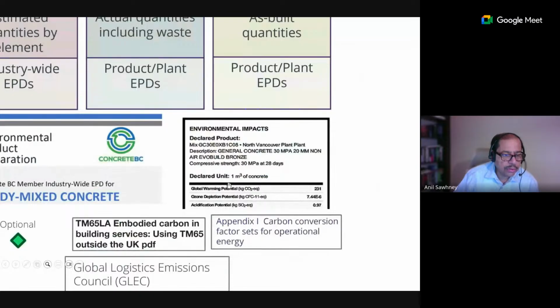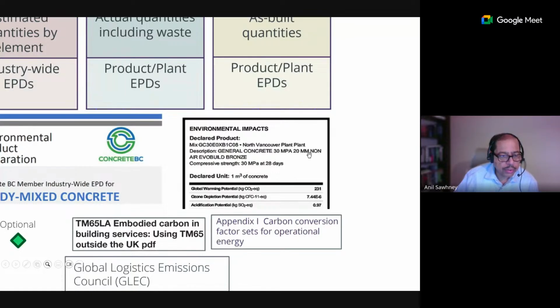So if somebody told you in Nagpur, this type of concrete, this is Heidelberg, probably I picked up this sample from North Vancouver in Canada. If you knew what kind of mix it was, like this one,